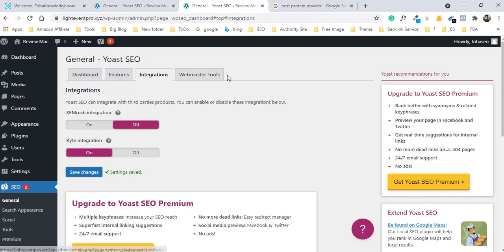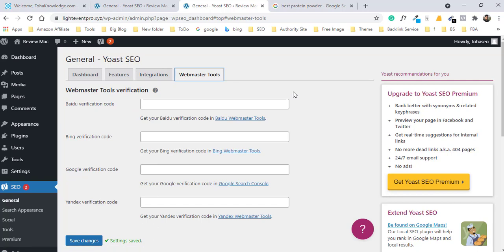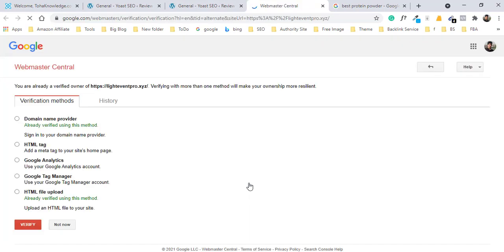And another tab is webmaster tools. Here you can verify your webmaster accounts. In a previous video I showed you how you can verify your website with Google Search Console. So now you click on Google Search Console and you can get the code.